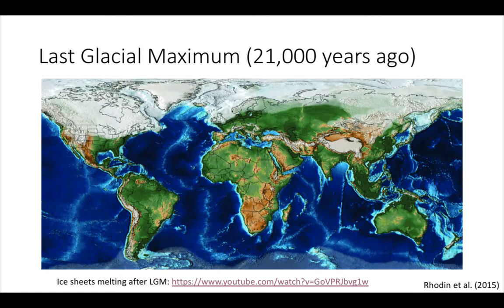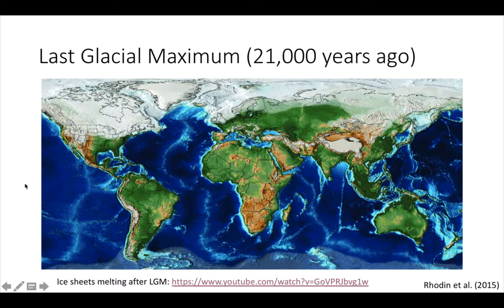One of the most important of these cycles was the last glacial maximum. So this was 21,000 years ago. And this is kind of an artistic rendition of where the ice was. You can see some of this, the white is where the glaciers ended. So here you can see it went all the way down past Michigan, and then several mountains were covered in